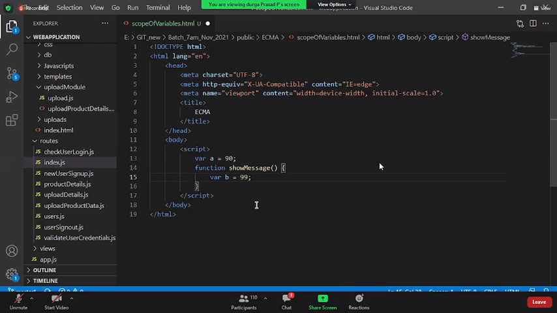What is the scope of variable b? Local. It is private, only accessible under the particular function. It cannot be accessed outside of this function. Super fine. Now, when I write a simple if condition, if it is true,